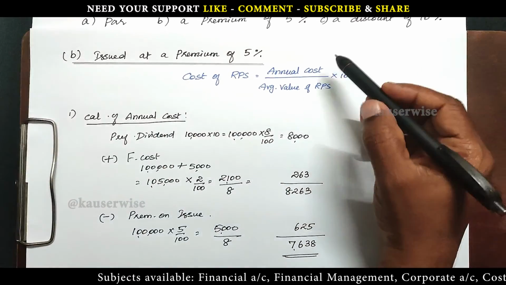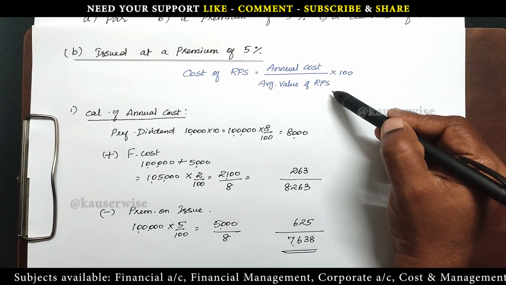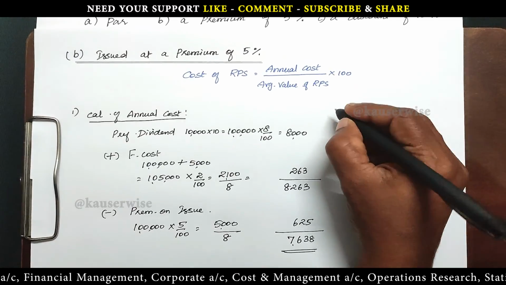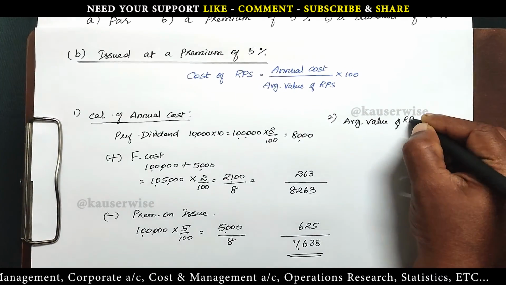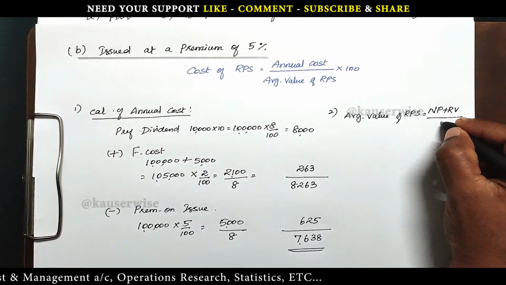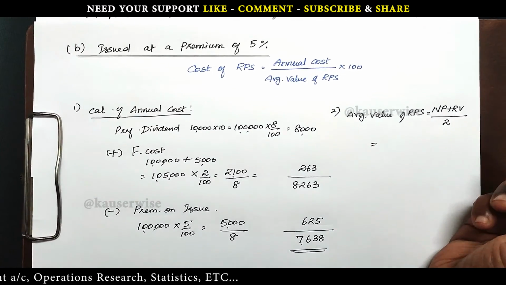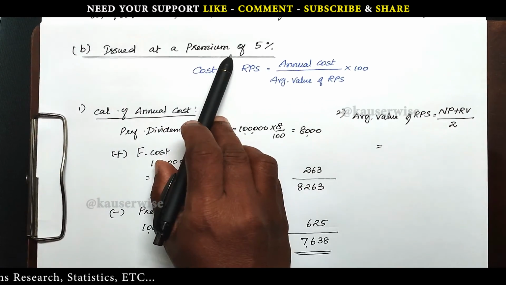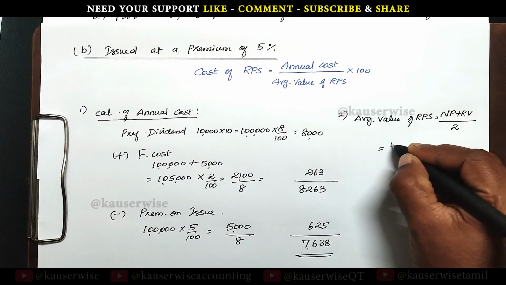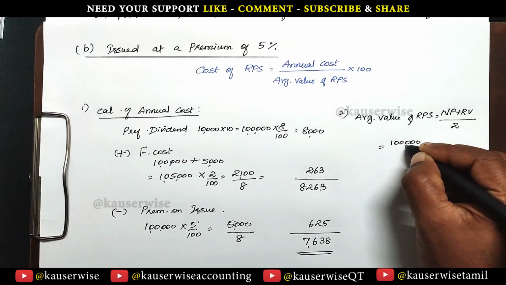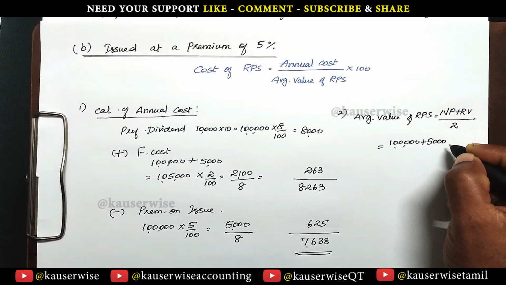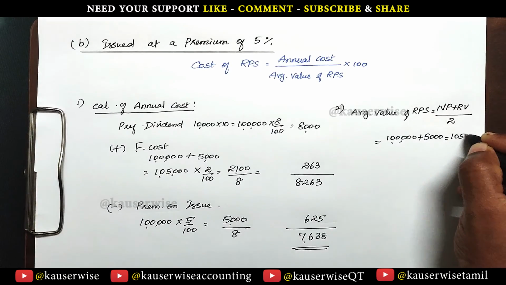The first component is over. The second one is average value of RPS. So what is the formula for average value of RPS? Net proceeds plus redemption value divided by 2. Net proceeds, this one is issued at a premium of 5%. So that face value, how much? 1 lakh plus premium 5,000. So total 1 lakh 5,000